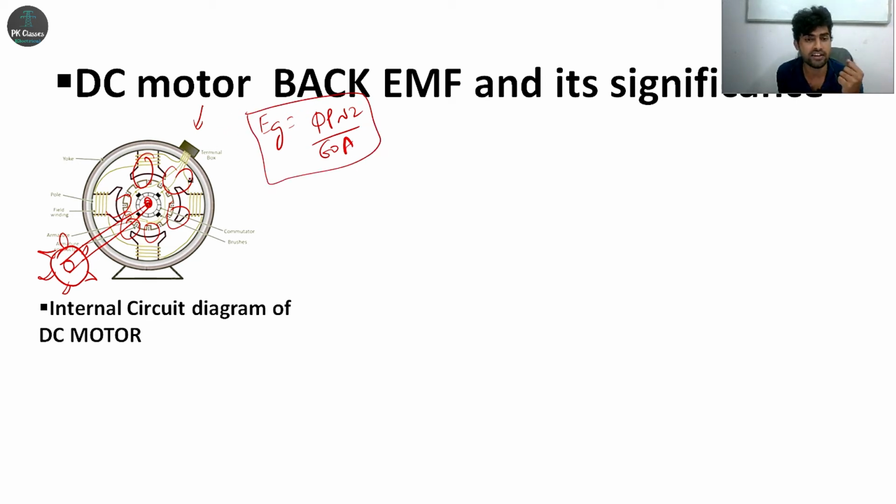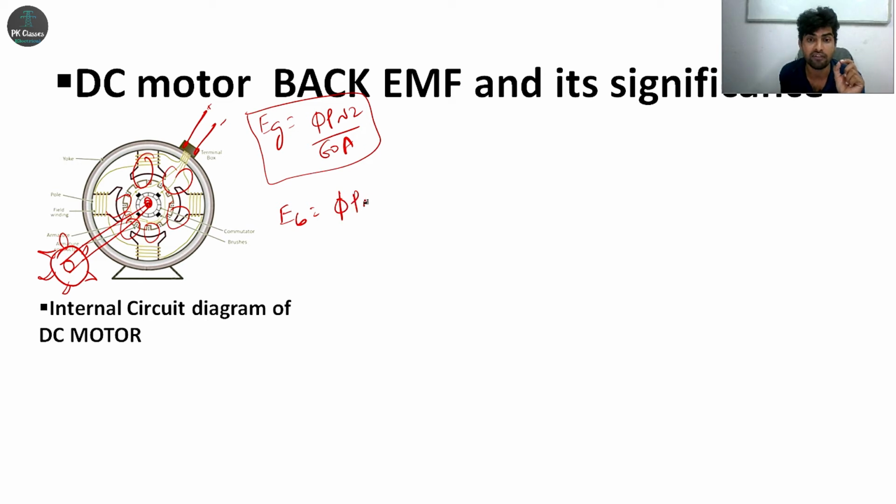If I consider this one is a motor, I'll be giving power supply to the motor, that is DC supply, plus minus. Okay. If current is flowing through the armature conductor, what happens? When the conductor carries a current in the magnetic field, it experiences a force, or torque will be produced. The motor starts rotating. I mean motoring action will occur, right? So when the motor starts rotating, when the conductor rotates in the magnetic field, what happens? It induces EMF. That induced EMF is called back EMF in the motor.